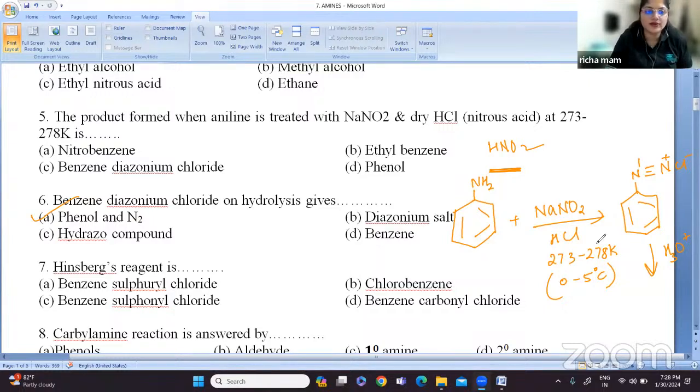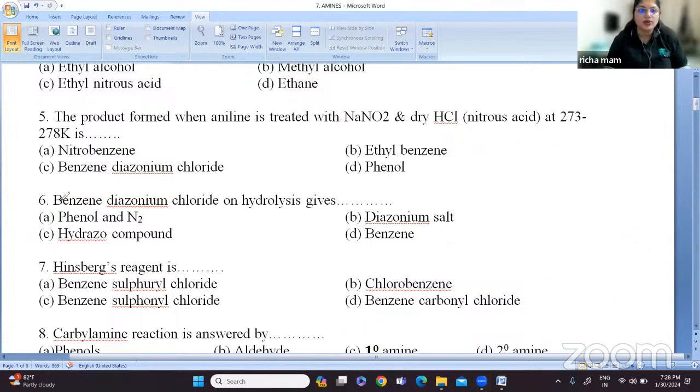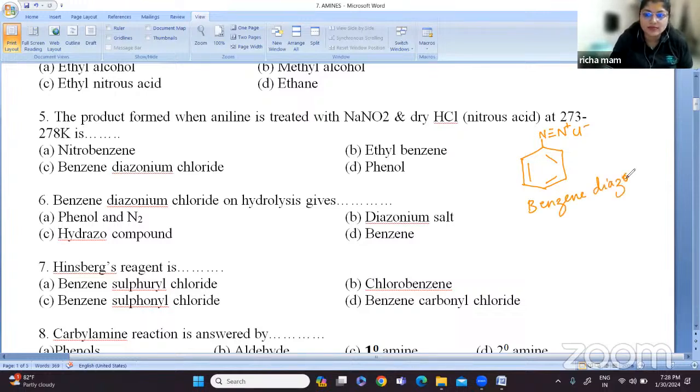Priyanka has answered it as B. What is B? B is diazonium salt. No, benzene diazonium chloride. Now this is benzene, and this is a diazonium chloride, N2 plus Cl minus. Benzene diazonium chloride. So this benzene diazonium chloride, when it undergoes hydrolysis, what does it form? It gives you benzene, okay, that is